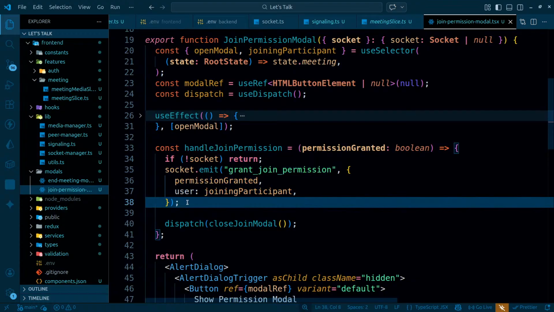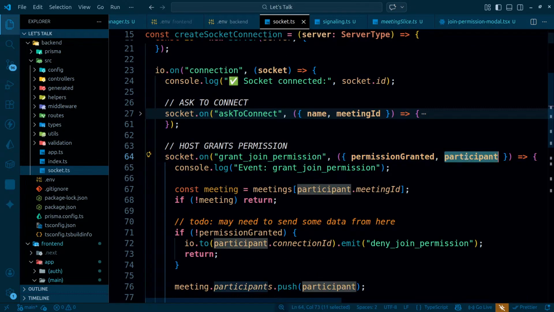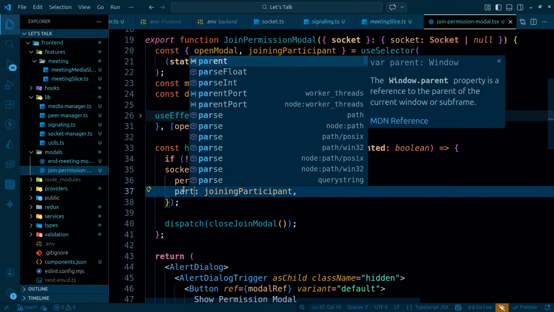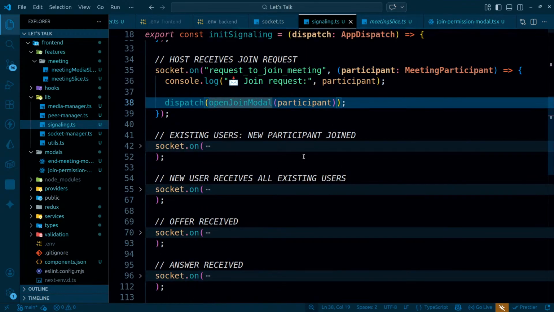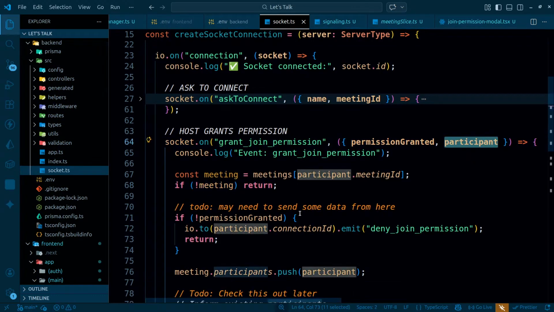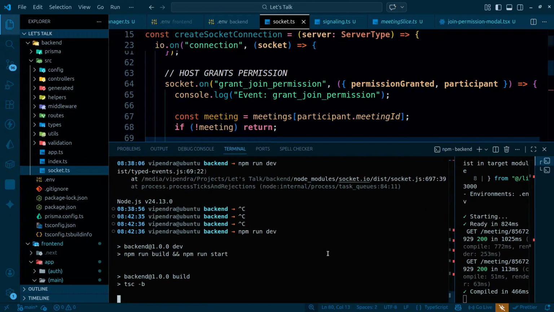The value of this joining participant becomes undefined, so coming back to the socket.ts over here, this grant permission, I'm going to get the participant over here. Okay, sorry, my bad. The problem is from here I'm sending the user participant. I should be sending the participant. Coming back to this, now I'm getting the participant over here, and it should be able to get that, and things should be working fine. Stop everything, restart it,